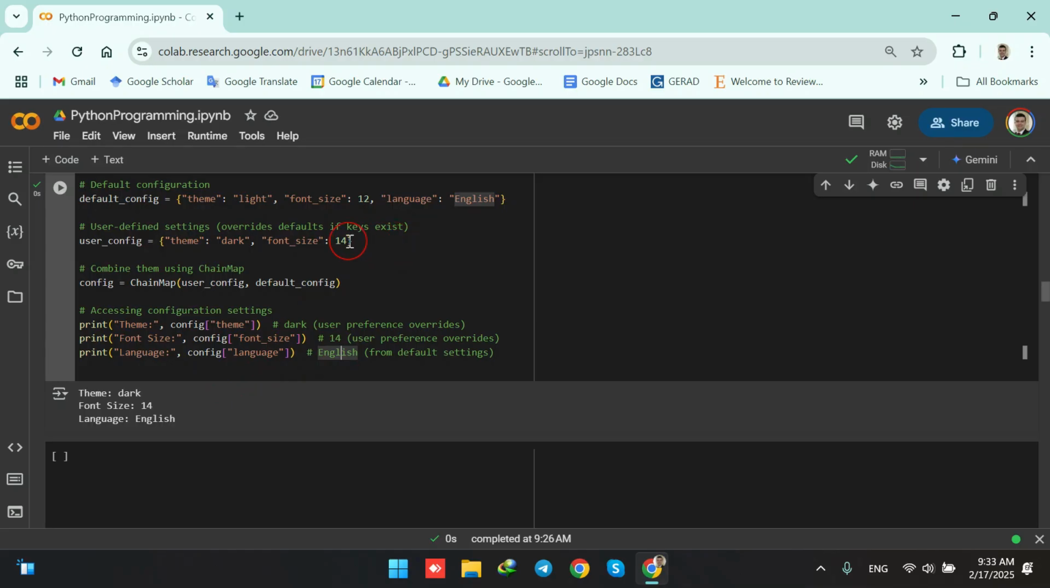However, if we wanted to have a different language, it would have been something like this. For example, I could say language. Then we could have, for example, French here. Okay. So now that I added a new key to the user configuration, this language overrides the default language, which is English. So now when I rerun the code, I expect to see French in the language